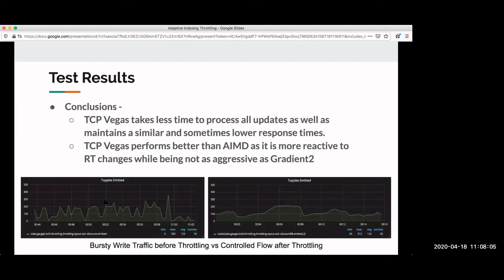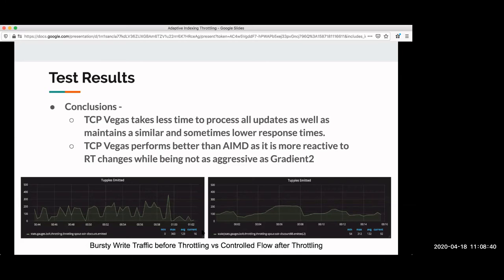So this was also making our read response time spiky. It was also affecting our read performance. So after deploying this indexing throttling to production, after testing it out and making it live, if you can see on the right, you'll see a much more controlled and much smoother curve. So here the flow and the amount of updates we are doing on our data stores is very controlled and stable. So this helped us get rid of the spiky behavior in our read traffic as well.